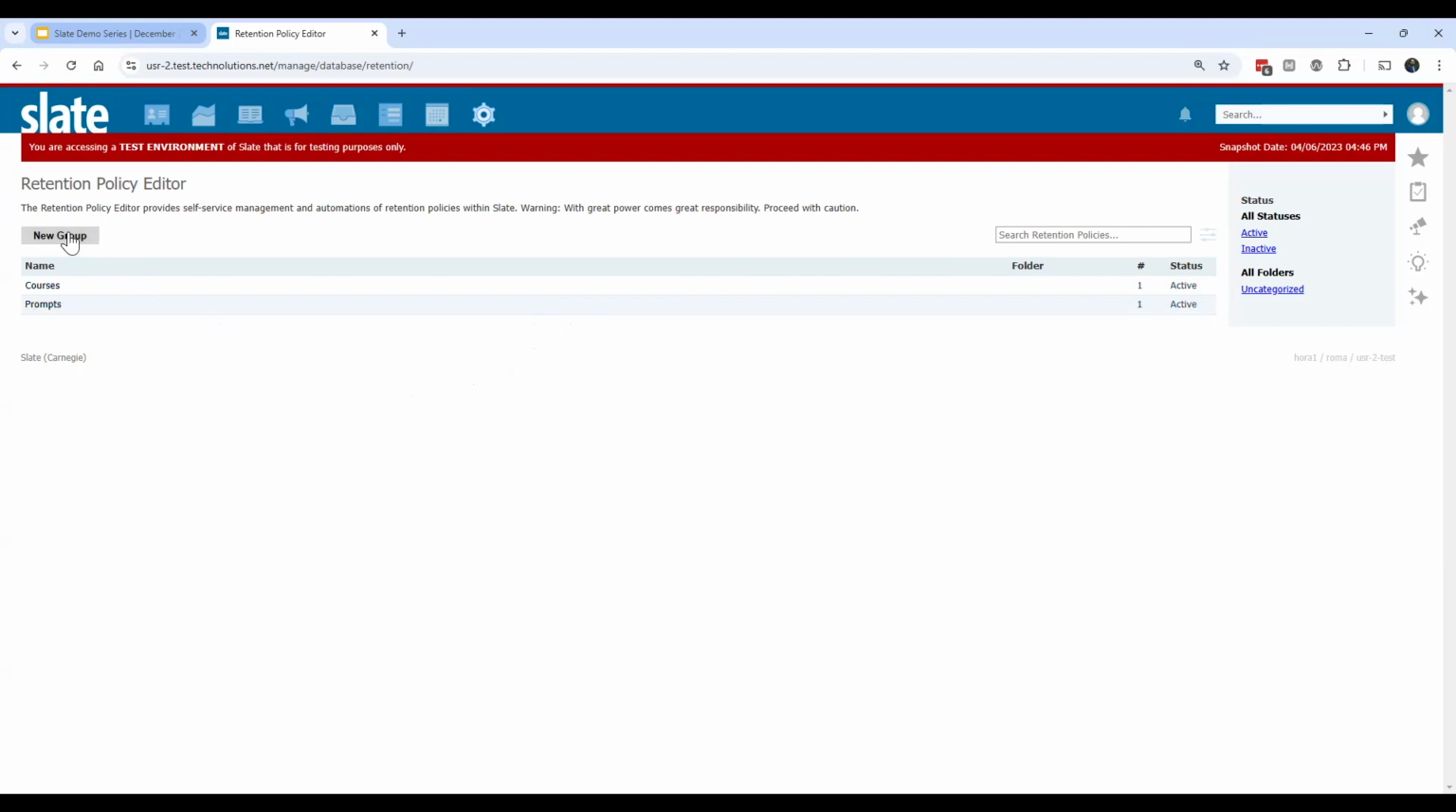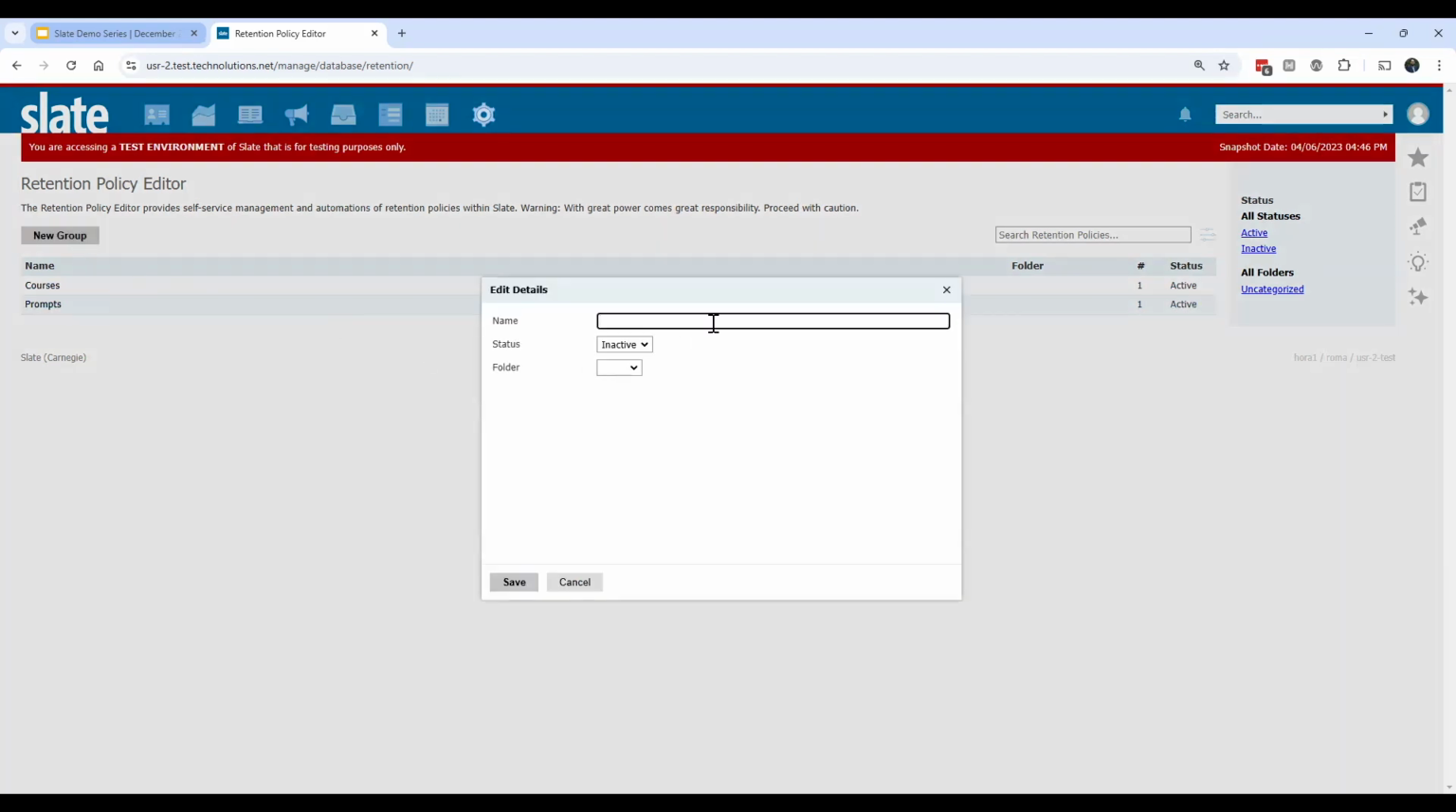So we'll click on the new group button. And then we will give this group a name. And for our demonstration purposes today, we are going to be getting rid of some prospect data. We'll go ahead and make our group active. This will ensure that we can go ahead and build some policies there. This doesn't really do anything to execute policies, so don't worry about that. And then we can create a folder for our prospects as well and keep our retention policies all organized there